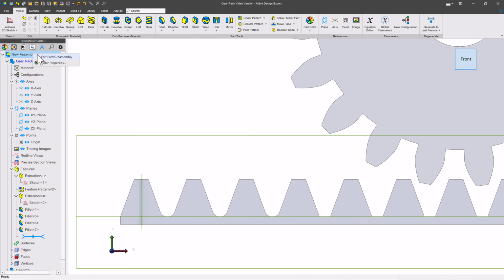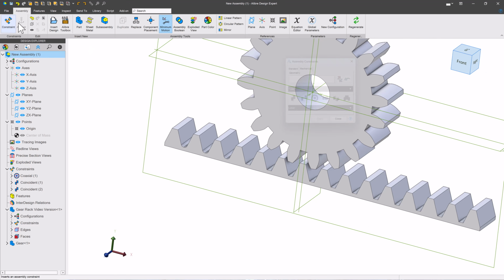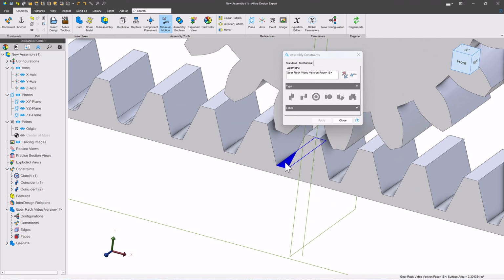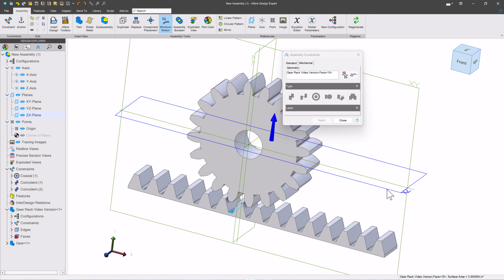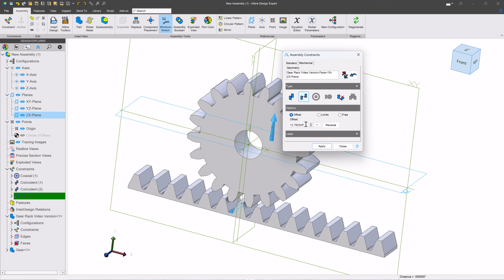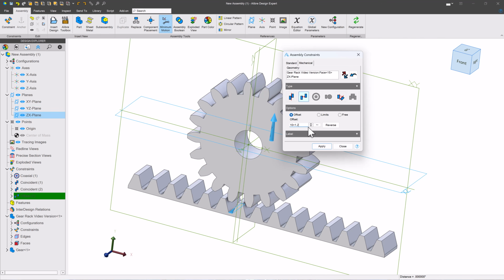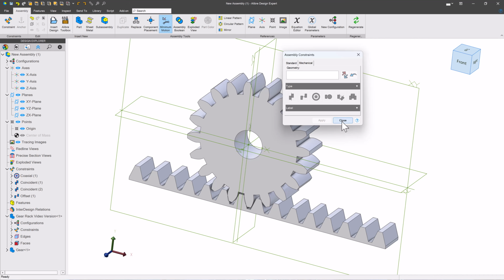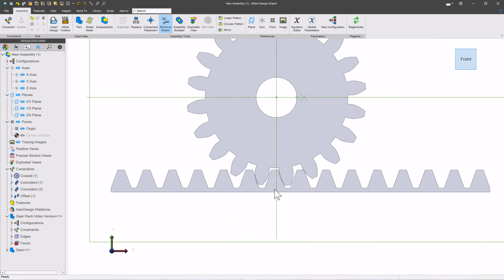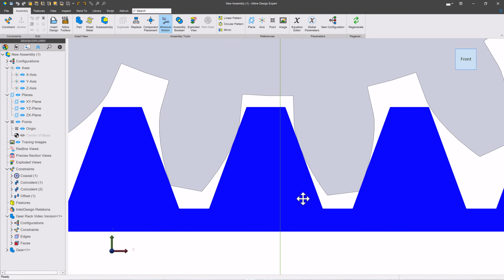We'll generate to the last feature, head back to our assembly here, and I'll choose the plane at the base of our tooth here, and I'll choose this plane here, and I'll take a distance that consists of half the pitch circle diameter of our spur gear plus the 1.25 distance that we just saw, and that should be right. Now we'll move this so that the teeth aren't interfering,